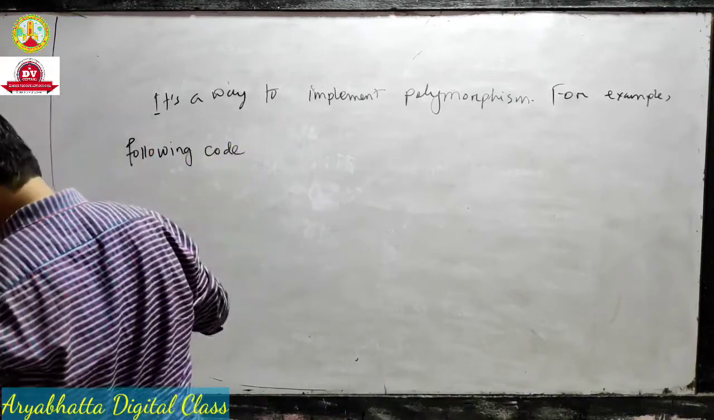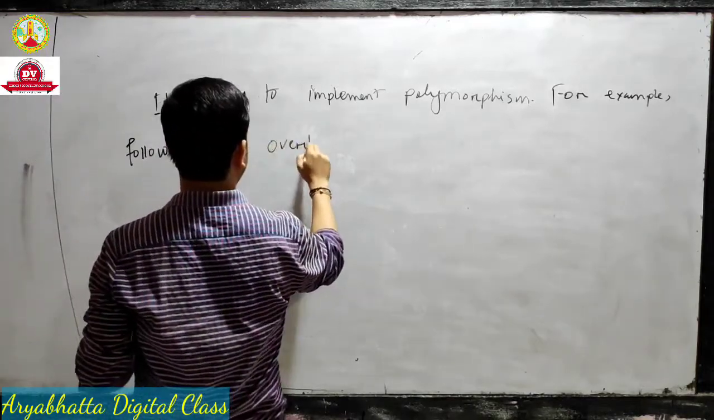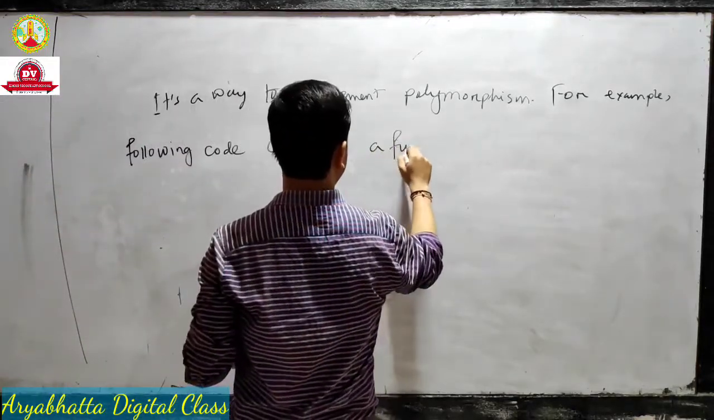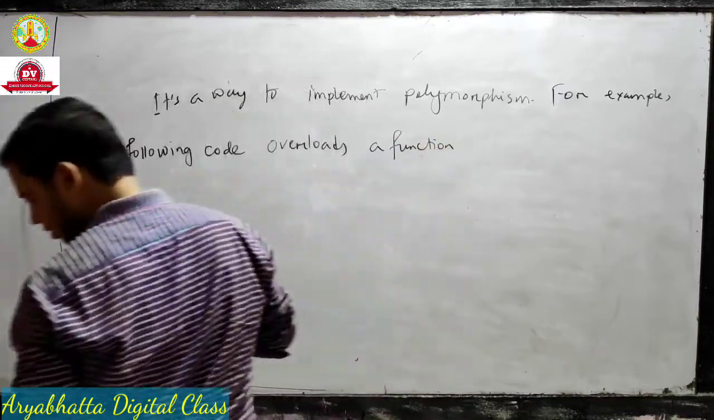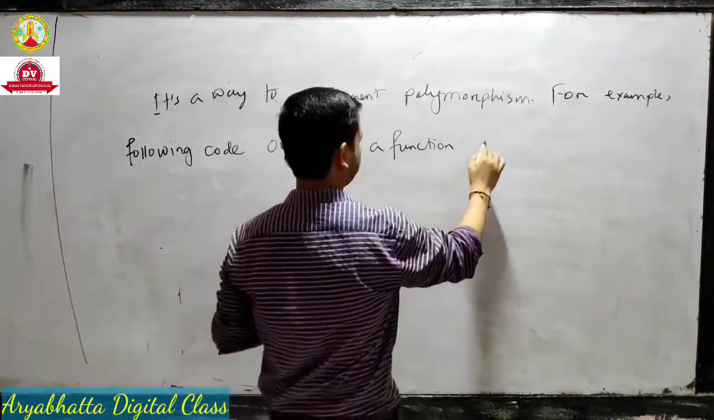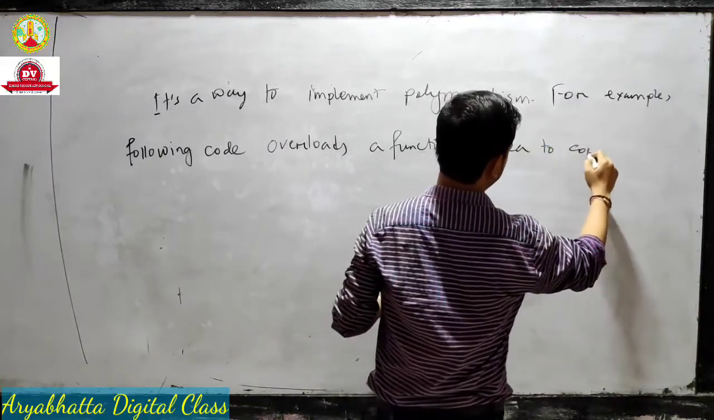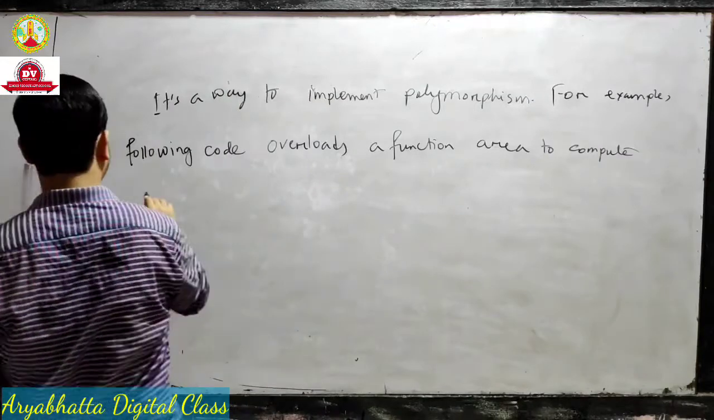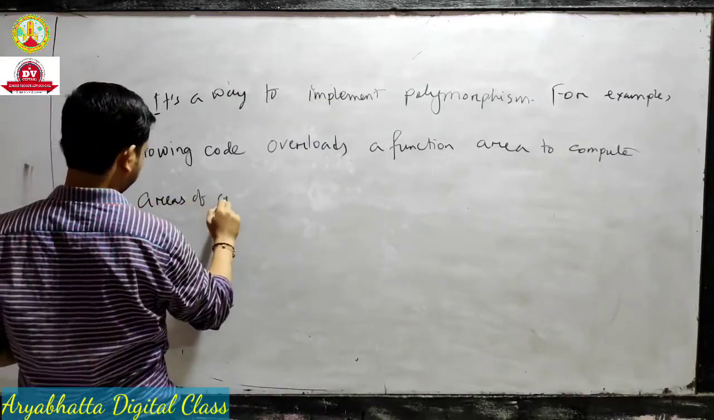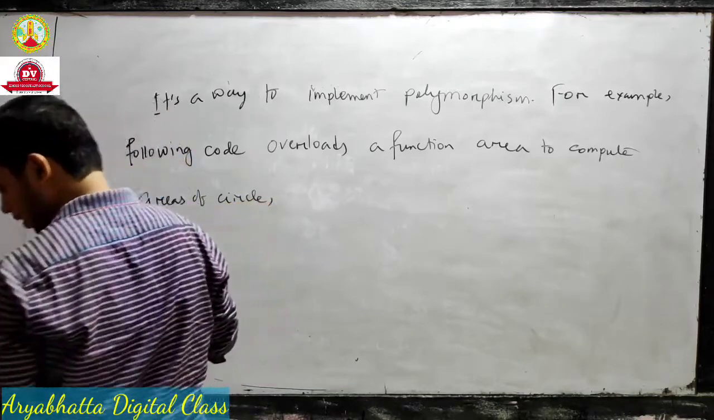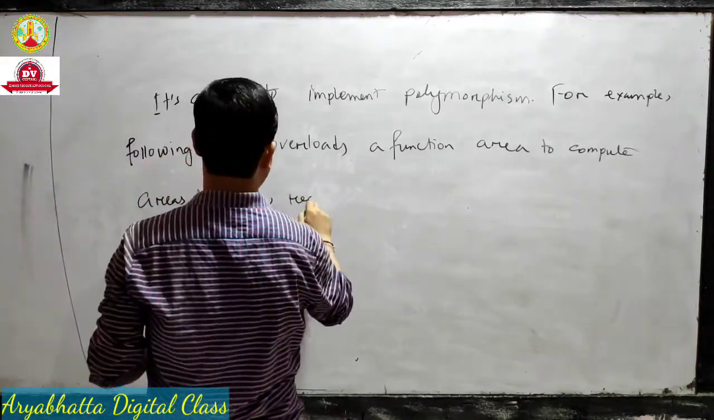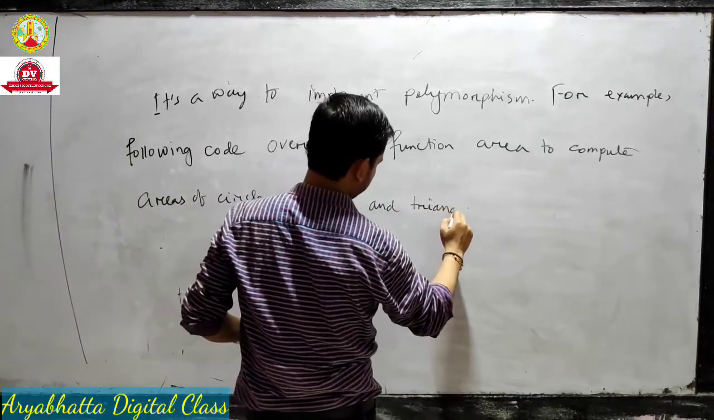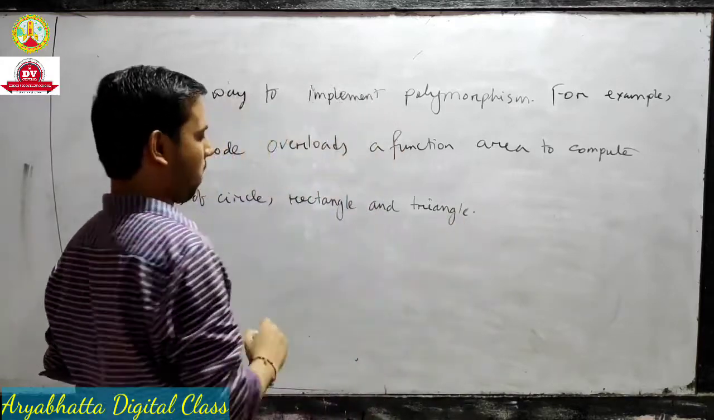following code overloads a function area to compute areas of circle, rectangle and triangle. Okay,